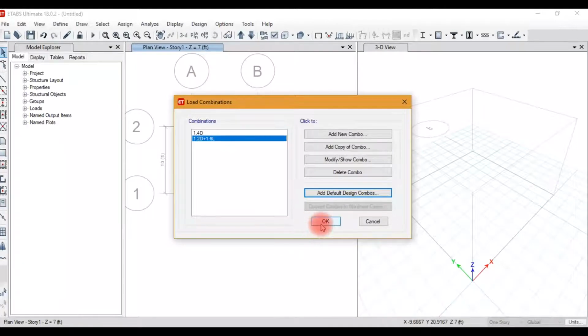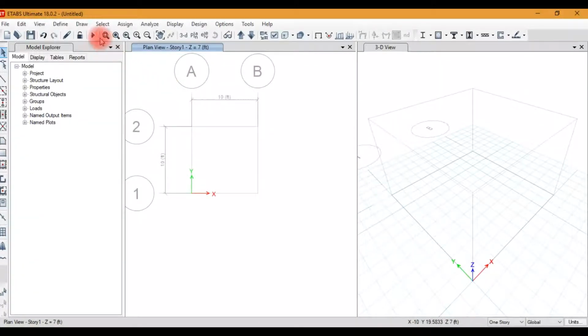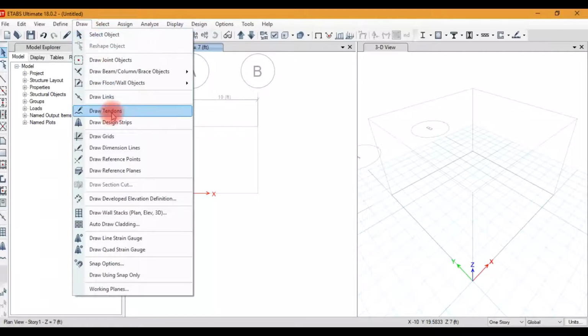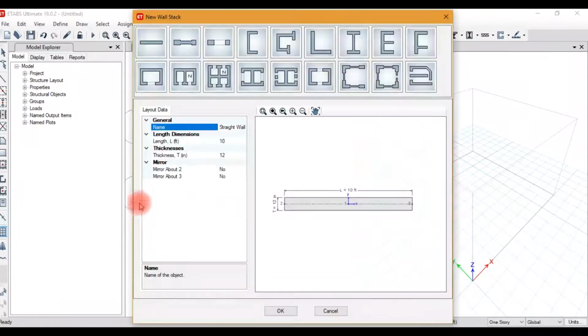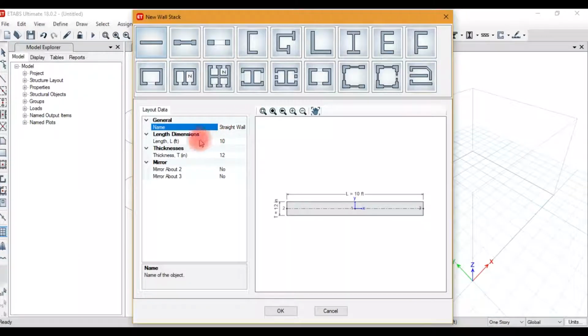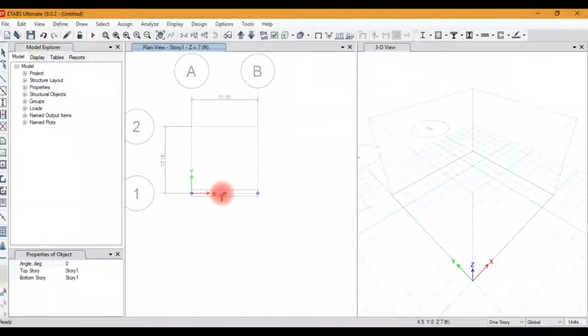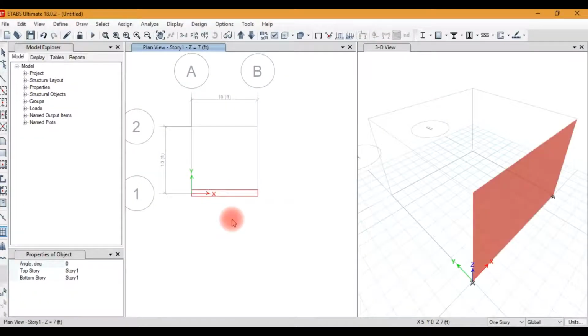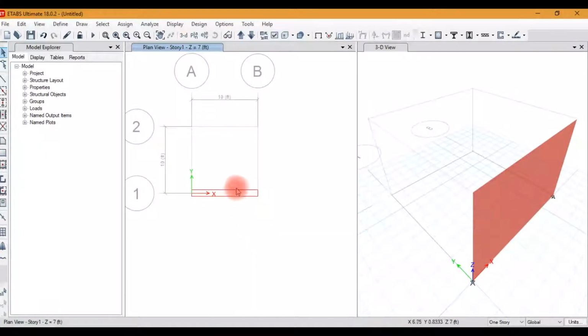The next step, we will draw the wall here. We choose this section and we change the length here as required, thickness same, and okay. We define the wall here. The next step is to change the support conditions.